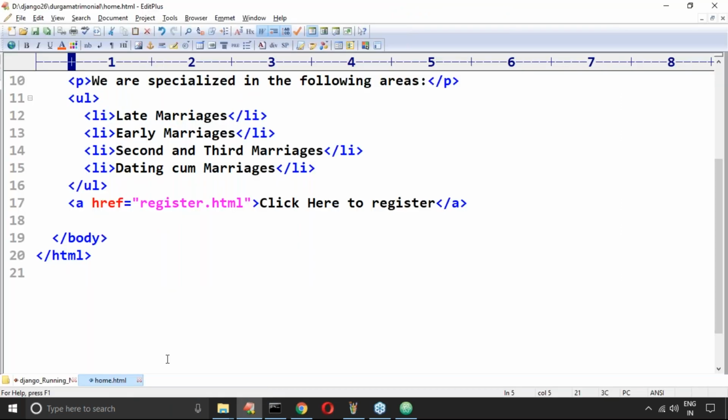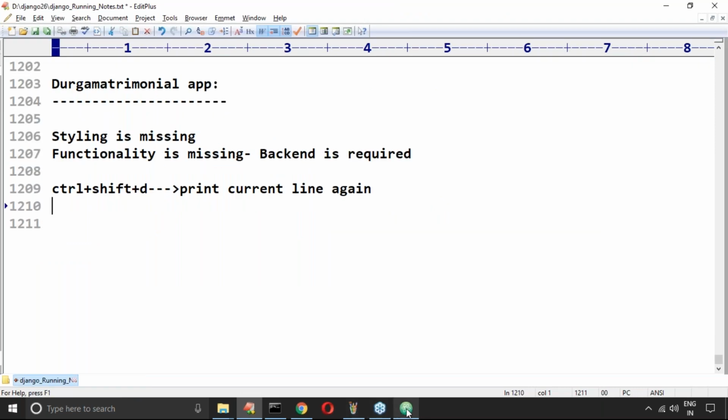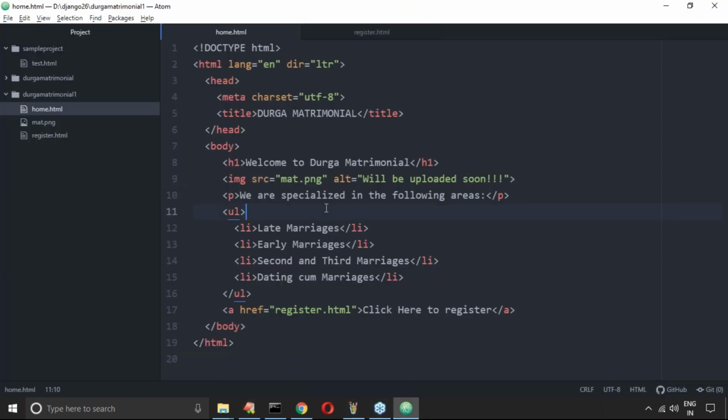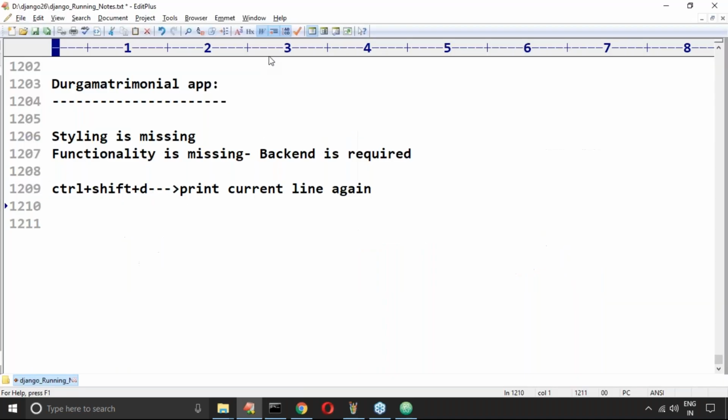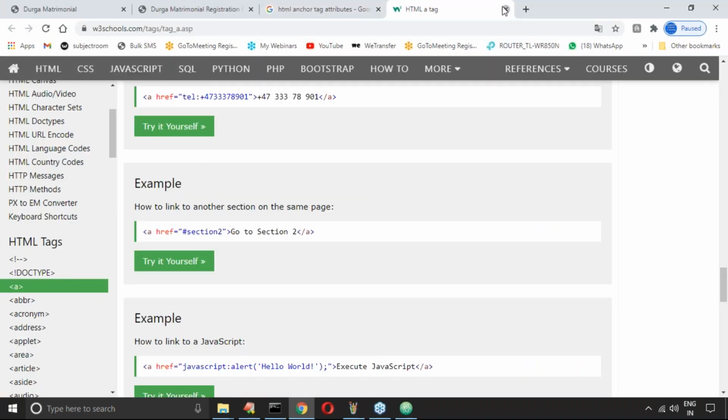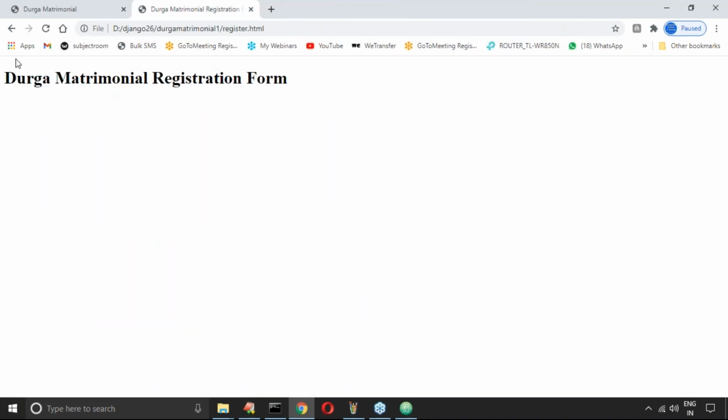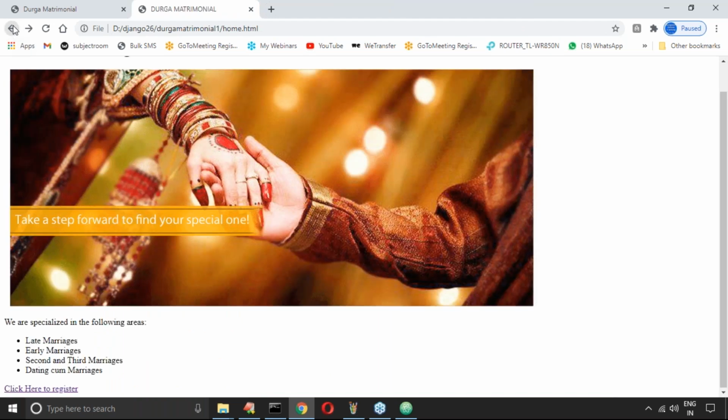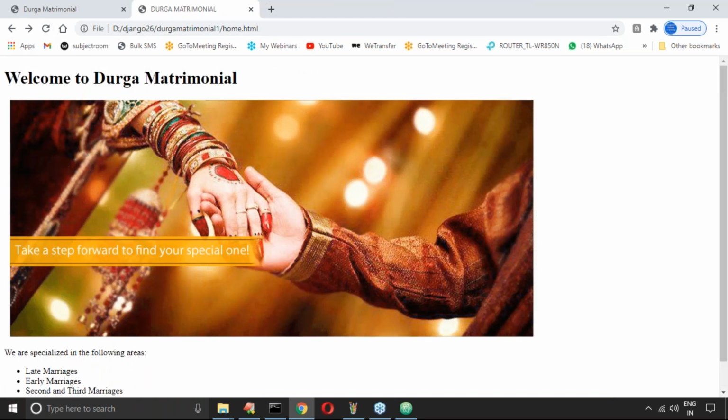Yeah, clear? Any doubt about this one? Can you please confirm? Is it okay? I kept only this, sir, the h1 tag. Next one, the image I uploaded. Next, and after that we specialized. Next one, an unordered list, and then the anchor tag I took. Okay, home.html is ready. Home.html itself is ready, sir. Now, if I click this one, the control will automatically go to this page.